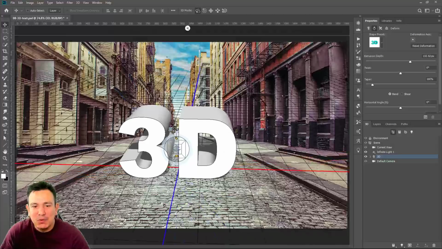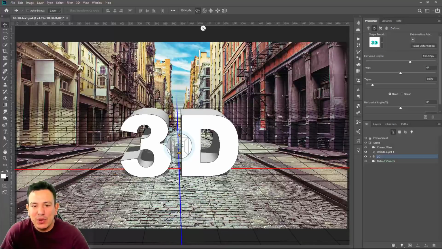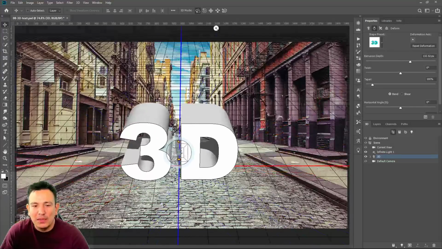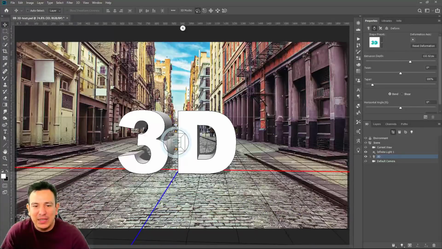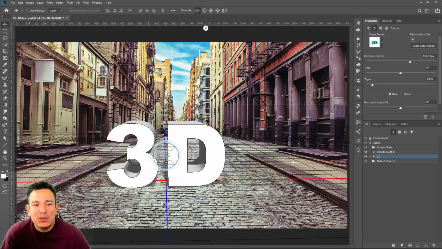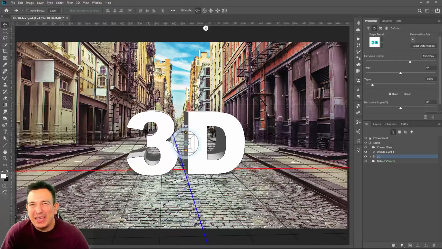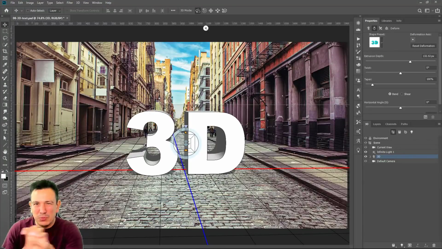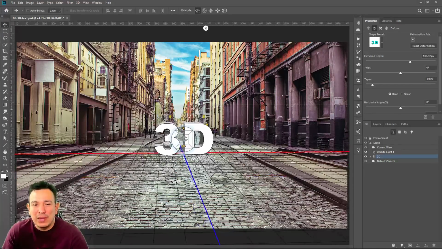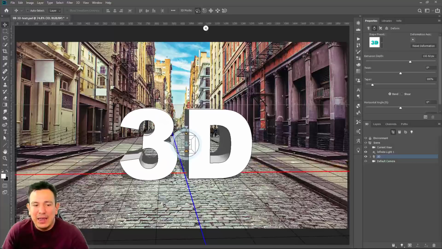The object is not moving, and that becomes clear because the grid lines don't necessarily move. They're fixed within the 3D object. And those grid lines are called the ground plane. That's just the ground of this 3D image. Then we have the pan tool. You can think of the pan tool sort of like the hand tool. You can just grab something and move it up and down, left and right. And then you have the dolly tool. You can think of the dolly tool as the zoom tool, where you can zoom out, zoom in,